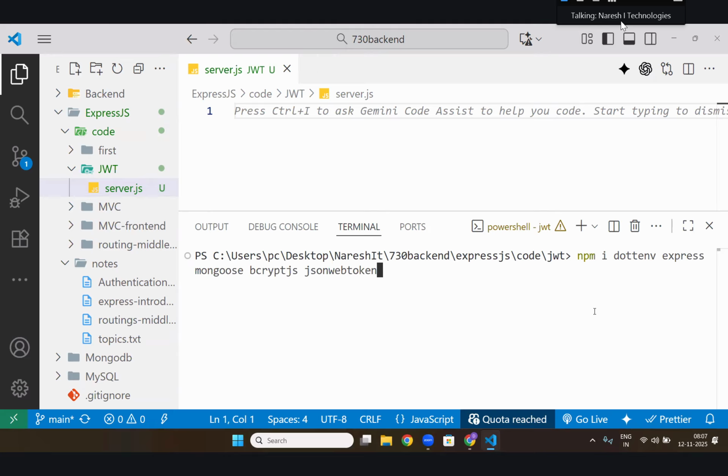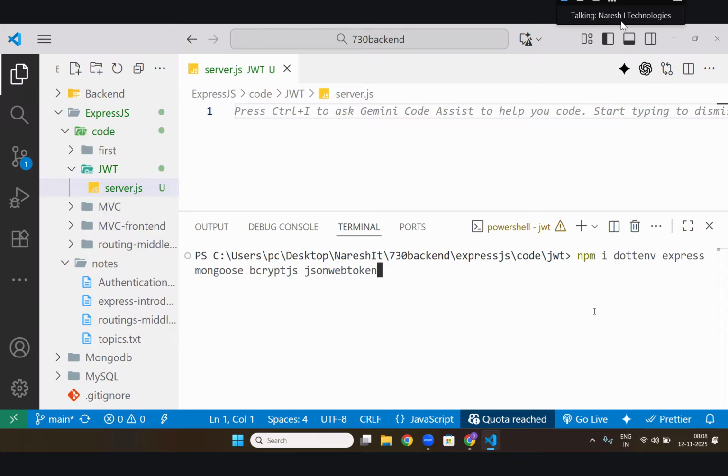I'm installing 5 packages. What are they? dotenv for environment variables, express.js for creating the express.js framework, mongoose for connecting to MongoDB, bcrypt.js for